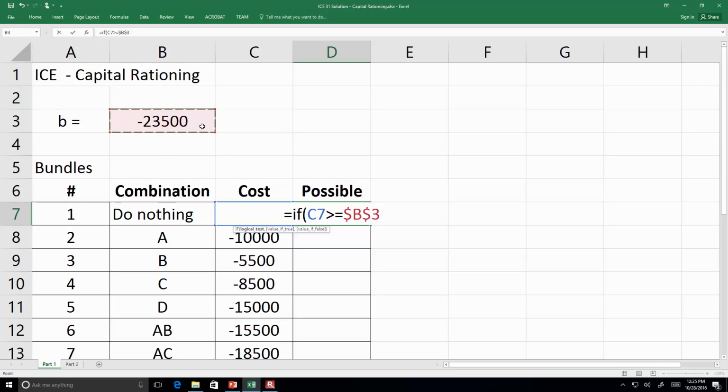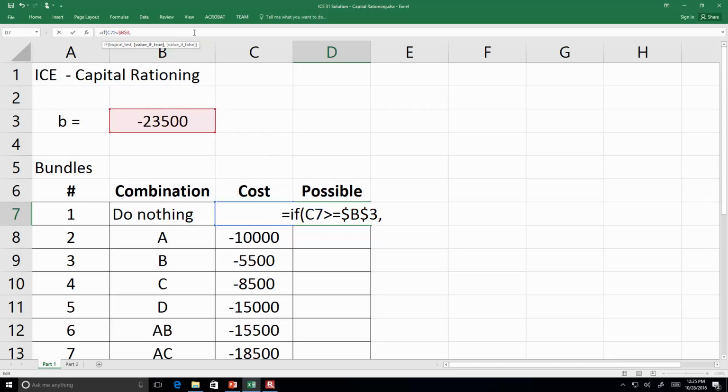Now, since these are negatives, if the cost is greater than this limit, then that means that we're within the budget. So, for example, negative 10,000 should be a yes, because negative 10,000 is within our limit of not going any higher than 23,500. So I'm going to say if this is greater than or equal to the limit, then,